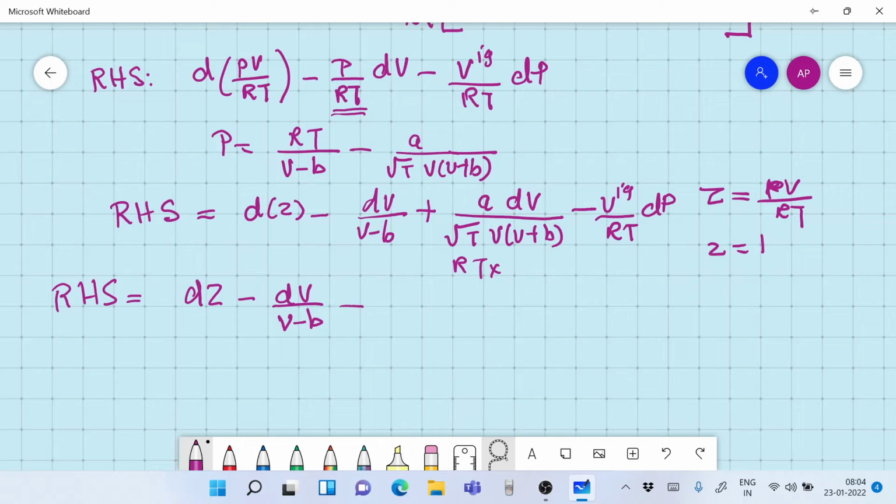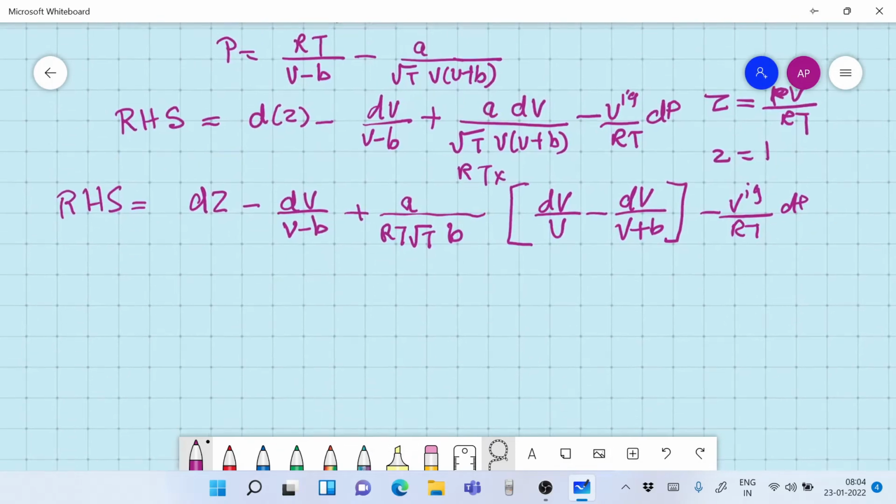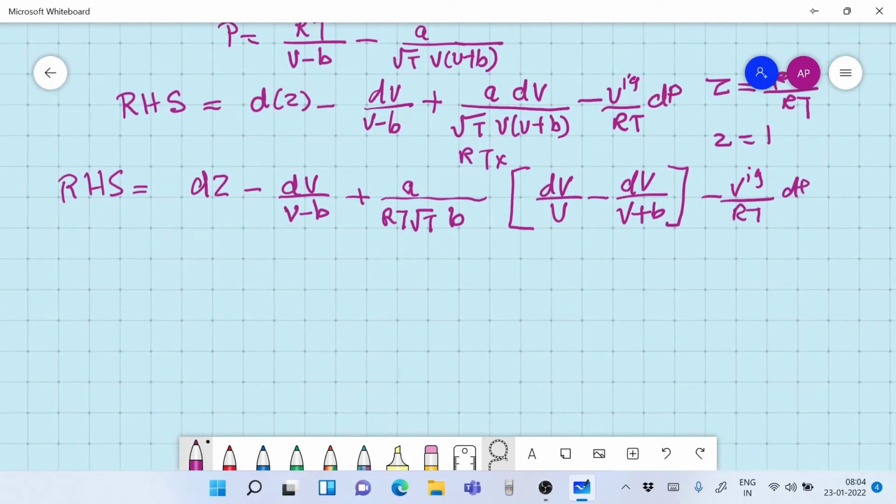Okay, so plus A over RT root of T times B, and then we can write down this as dV by V minus dV upon (V plus B), minus V ideal gas by RT dP. And all of this further now simplifies to,